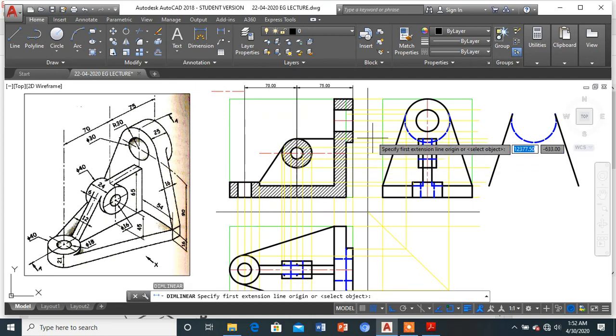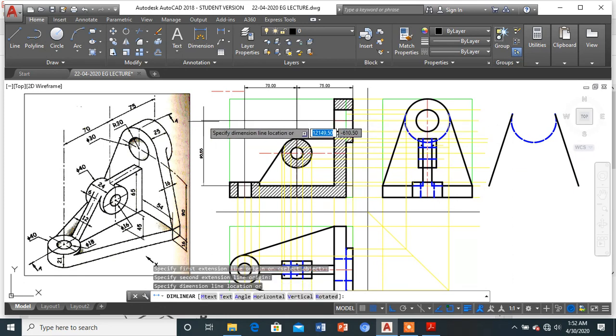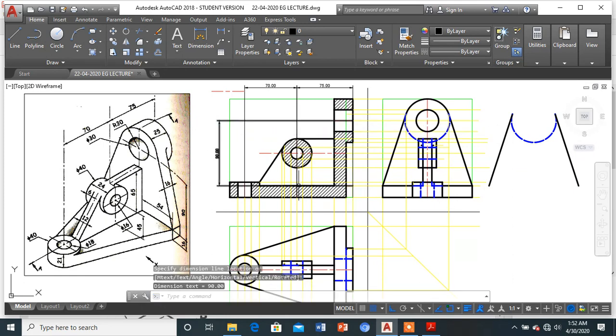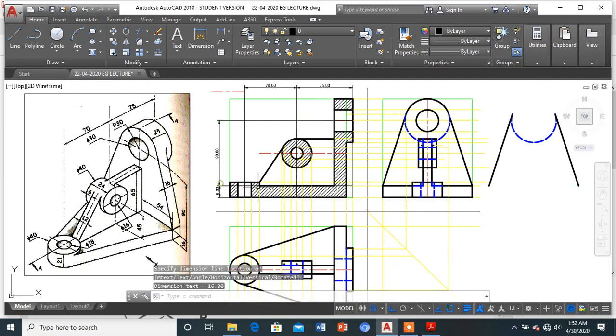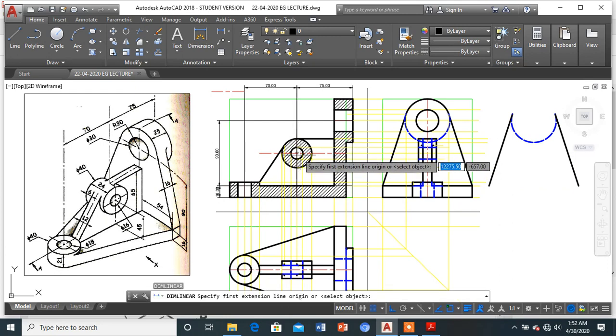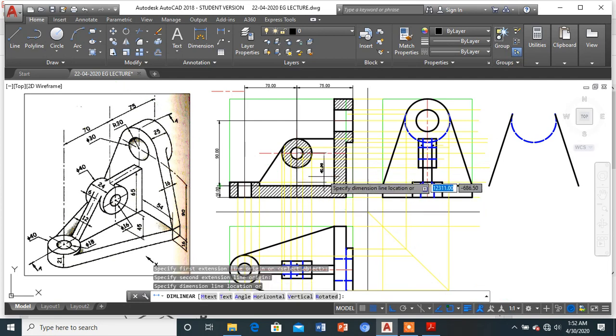From here till here the distance is 90, so I mark it. From here till here, the distance is 16.